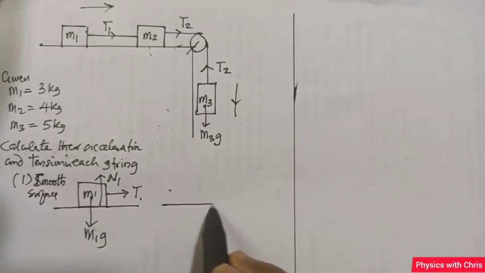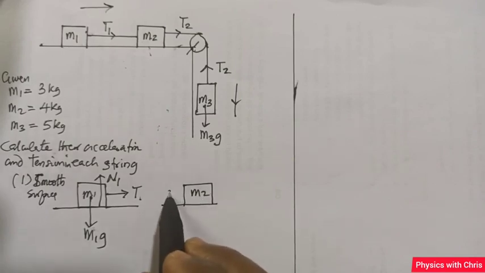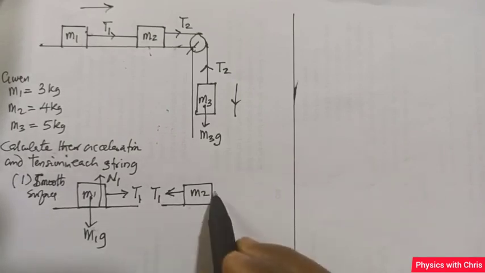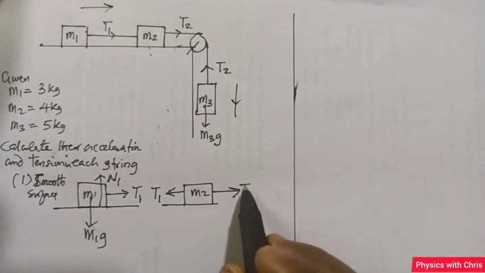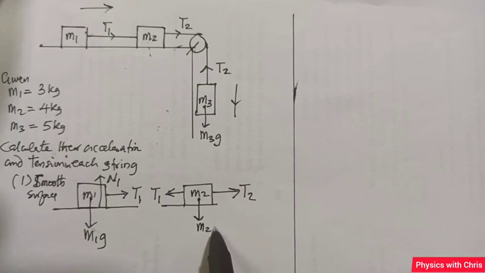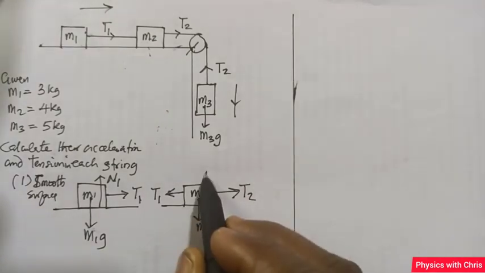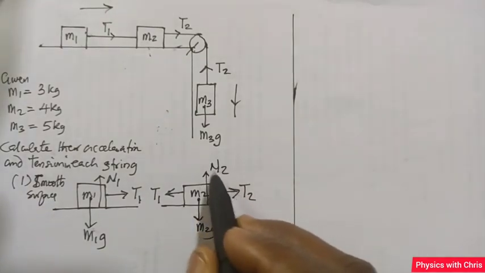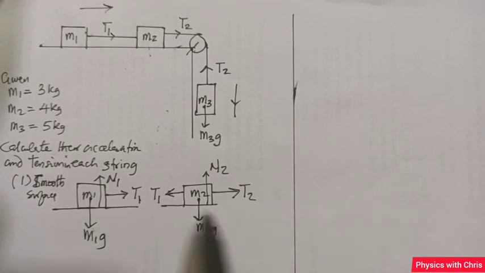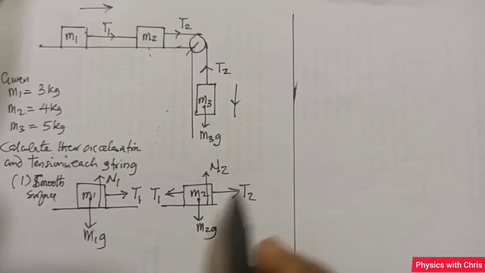Okay, so let's see the second mass M2. The second mass M2 is this. This is still T1. Okay, and then this is T2 acting this way. And they also have the weight of M2, that is M2G, acting vertically downwards, and a normal force. I'll call this one N2. Now, these two forces will not be the same. That is, N1, the normal force from this surface, acting on M1, will not be the same thing as N2